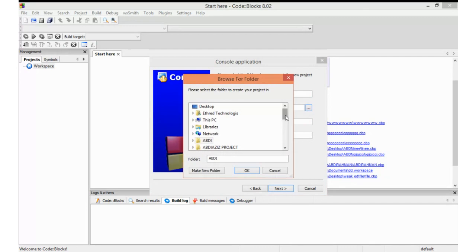I'm sure at this level you're good with creating folders and directories within a Windows environment. So you can create a folder from this particular end, then choose that folder for the location. So maybe, for instance, let me say I'm going to work on the desktop. So I'm just going to say